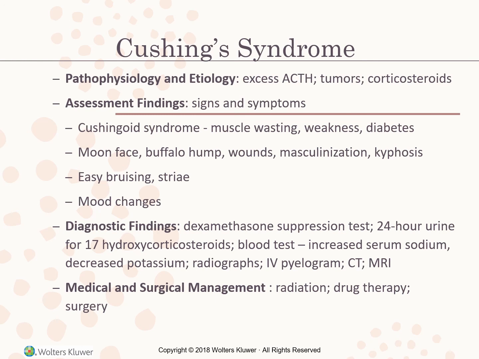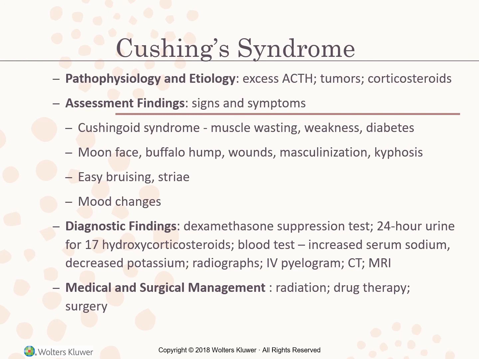Patients without the disorder have decreased 17-OHCS levels and decreased 17-KS levels, and these levels remain elevated in those with Cushing syndrome. Now, to determine whether the symptoms of Cushing syndrome are the result of pituitary stimulation, plasma ACTH is measured in conjunction with the administration of dexamethasone. If ACTH levels subsequently are found to be low or normal and the cortisol level is elevated, it actually suggests that the adrenal gland alone is hyperfunctioning. If both the ACTH and cortisol levels are elevated, a pituitary or hypothalamic etiology is more likely.